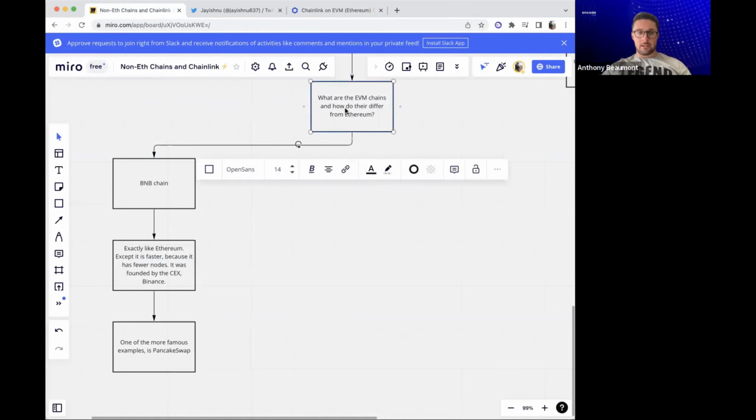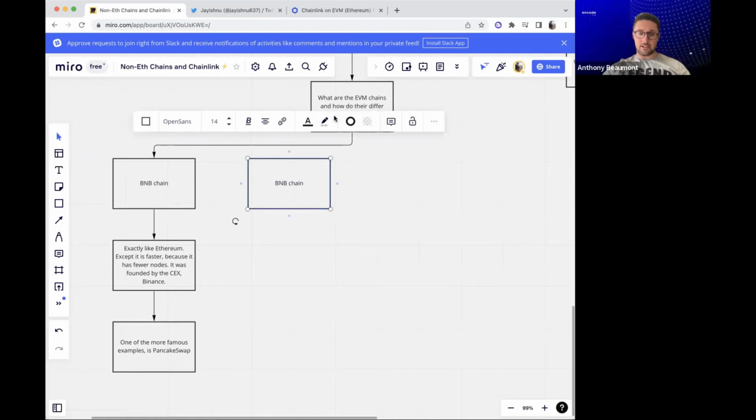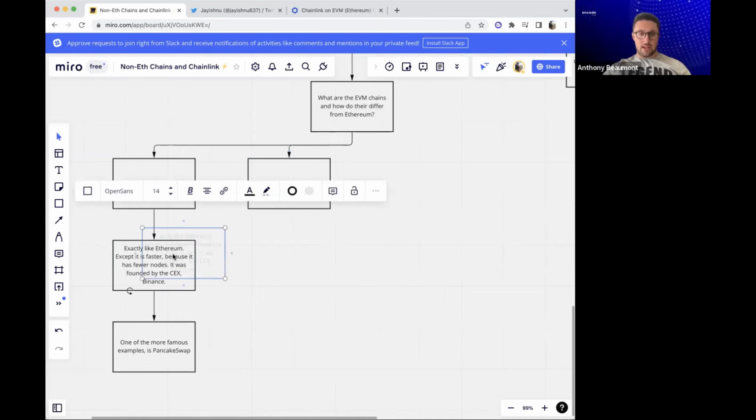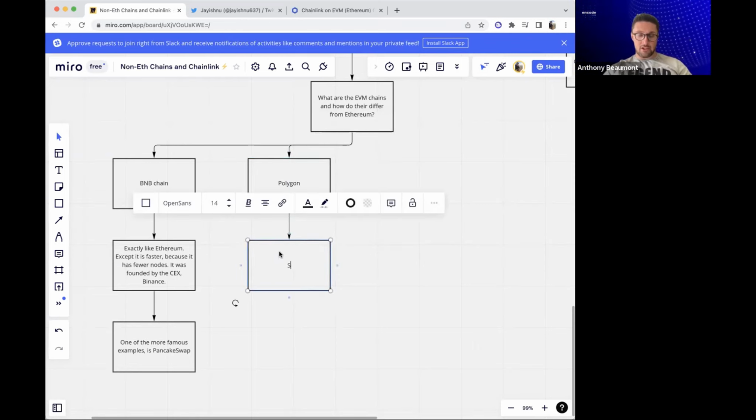Polygon. Beautiful. So we do a lot of Polygon work. Danny, if you could find some of our Polygon education series, I'll put it in, and that would be good. We've actually just finished a Polygon hackathon as well. So Polygon, they call themselves a layer 2. I think that's fairly incorrect. It's more of a side chain,